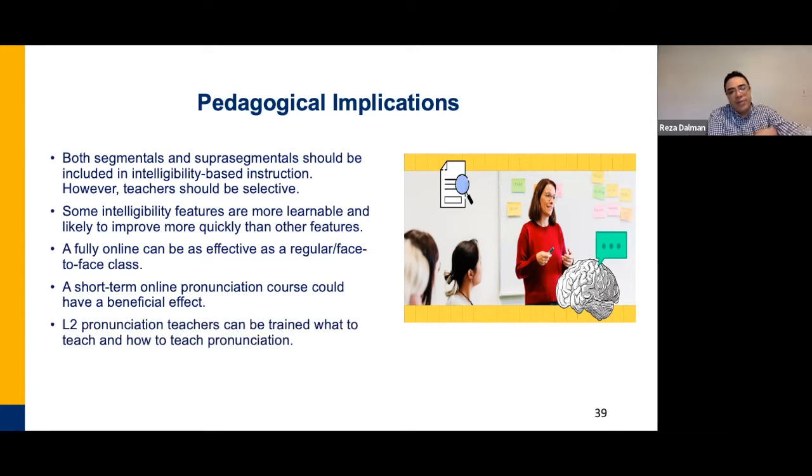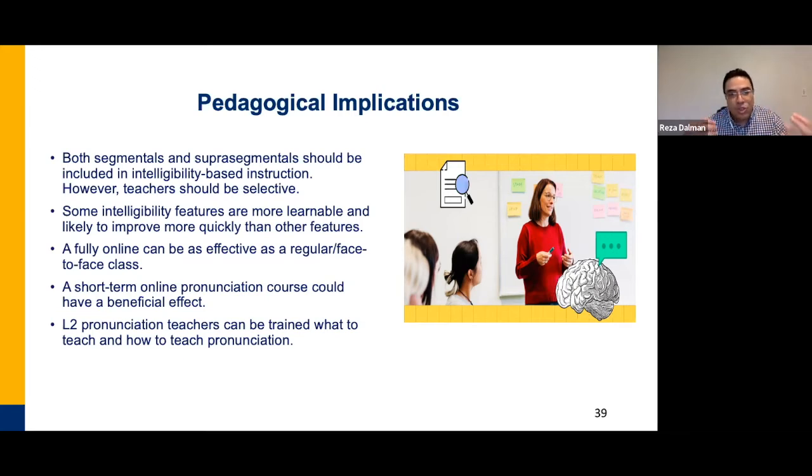And the findings of this research also have some implications for L2 pronunciation teachers and teacher training. Like I said before, traditionally, most of the L2 pronunciation teachers, not all, when it comes to teaching pronunciation, are always wondering what they need to include in their instruction. Do they need to teach pronunciation? Or if they want to teach, what features to include and how to teach those features? Based on the findings of this research,